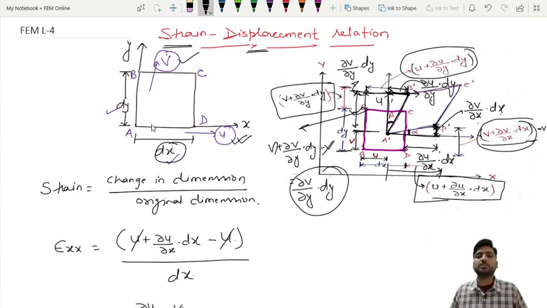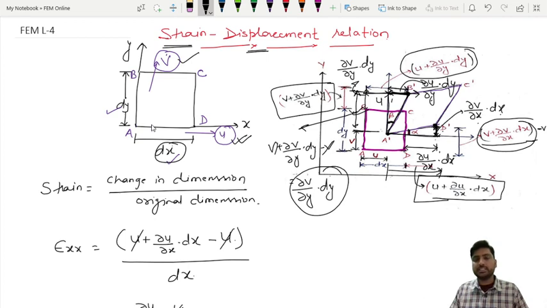So whatever the relation between strain and displacement, we have derived that. It will be useful in the analysis process, suppose you are analyzing a one dimensional element like a bar element or beam element, then obviously this will be helpful if they ask you to find strain. If you know the displacement, then obviously you can find strain. When you solve the problem, we will calculate the displacement first, and once we calculate the displacement, we can find the strain also. So this is called the strain displacement relation. So this is all about this.